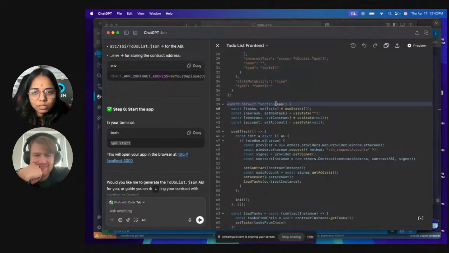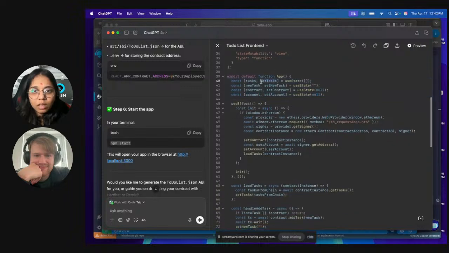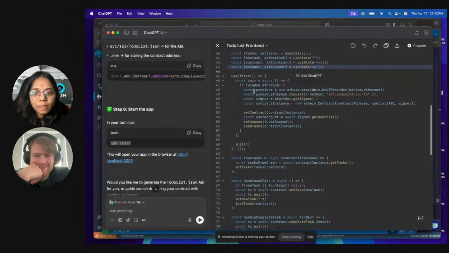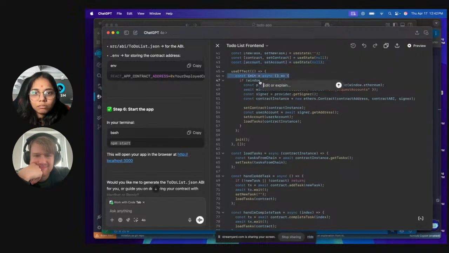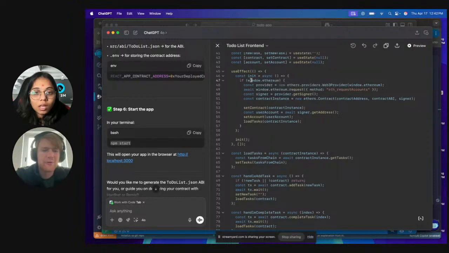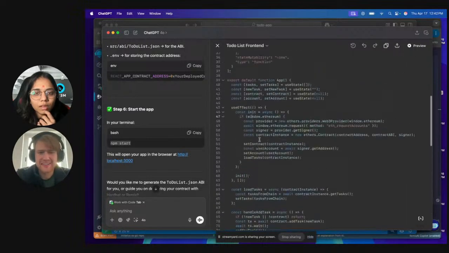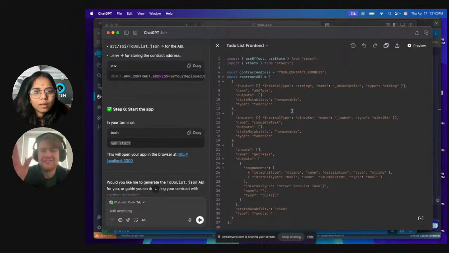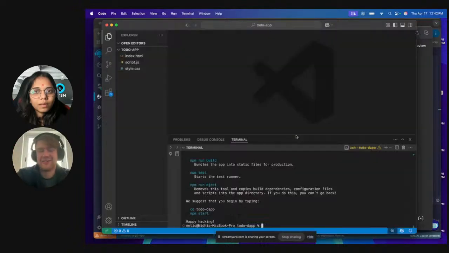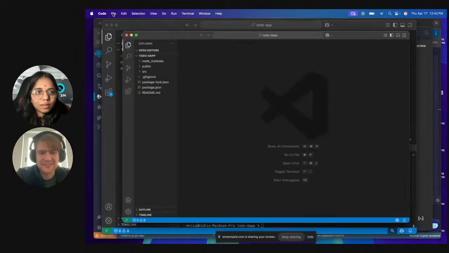There's the main function, and it has the task, new task, contract, states, accounts. That's okay. Here it has check the. Why don't we deploy this live and see if we run into any of those issues? I think everything looks right at first glance. So I guess if you install ethers,